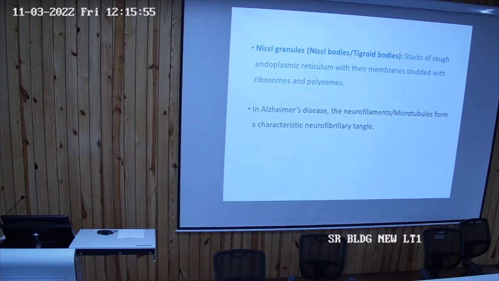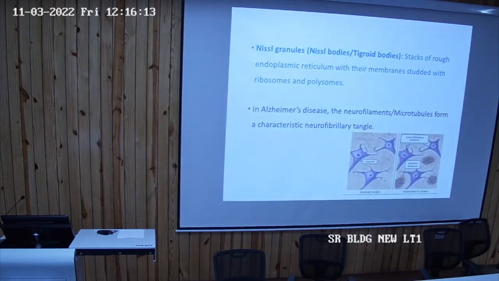So what happens in Alzheimer's disease? These neurofilaments become somewhat deranged and they form a tangle that is called neurofibrillary tangle. Okay, इसका structure क्या होता है, एक tau protein होता है, वो formation हो जाता है. Okay, so you can see here these are the normal neurons and these microtubules have been interwoven. Okay, इसके अंदर जो structural support दे रहा था वो क्या हो गया, jumbled up हो गया.